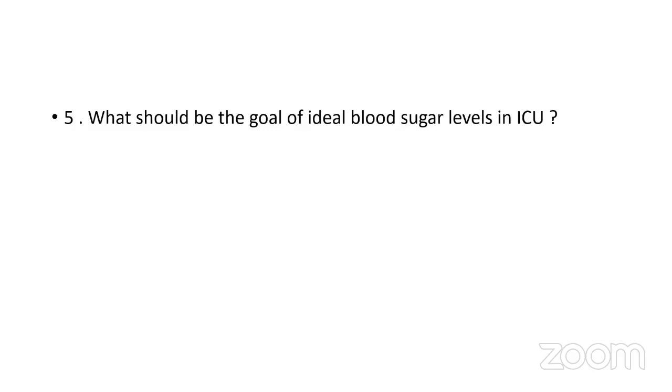If you can just summarize what you have told Dr. Shikha in another maybe 2 or 3 minutes. So I will briefly summarize. First of all, I would say that